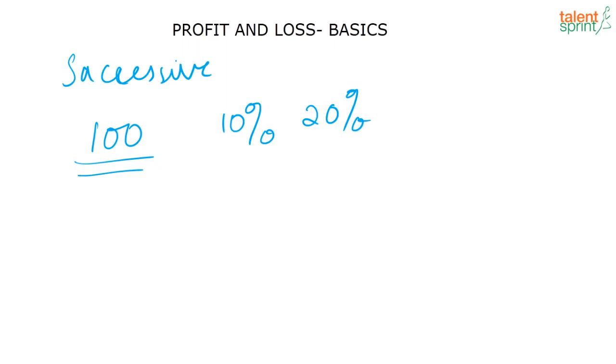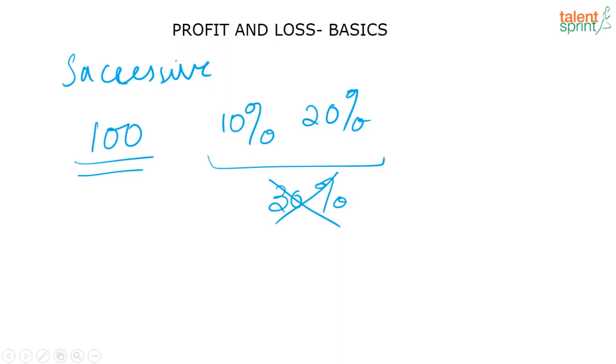So this is a case of successive discount, that is, more than one discount is being offered. An article costs 100 rupees. First the trader is offering a discount of 10% followed by a discount of 20%. So generally the question is, what is the net discount being offered by the trader? All of us have a habit of saying 10% he is giving, then he is giving 20%, so totally he is giving 30% discount. No, that's not right. That's not how you do it.